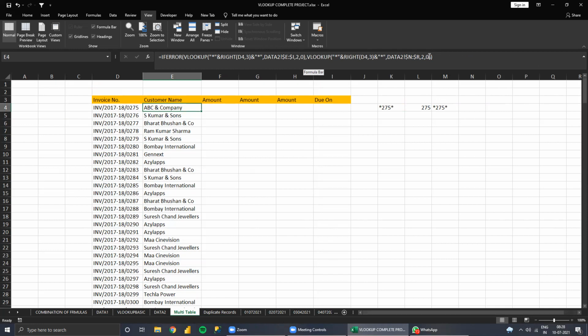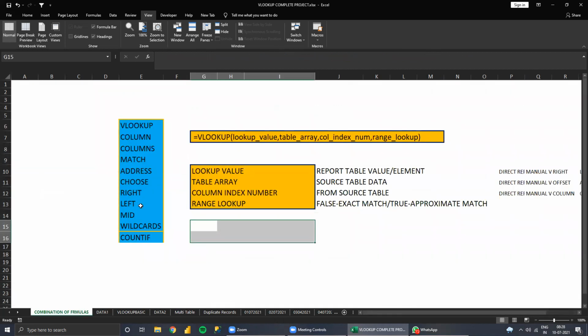This is the question, right? Yes, yeah. I got confused actually. No, 0 only. You are right. By mistake, I selected it. So you do this for all the columns. We just copy paste. That's all. But the only focus is IFERROR and wildcards. So in the formula list, where are the wildcards and where is the IFERROR?